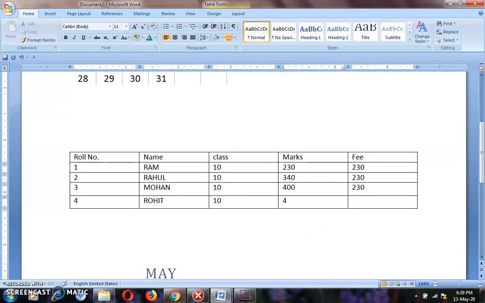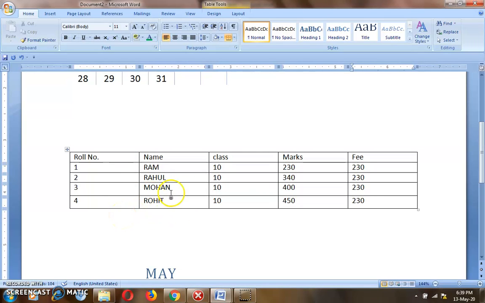And simply we can insert data also. This way you can insert a new row in a table.